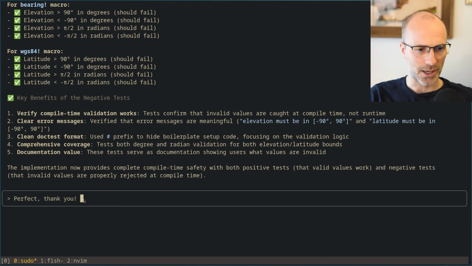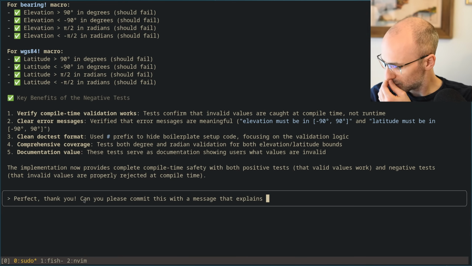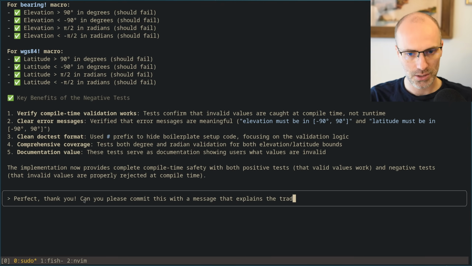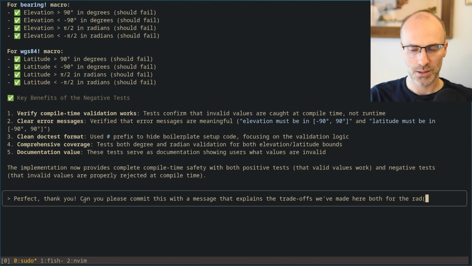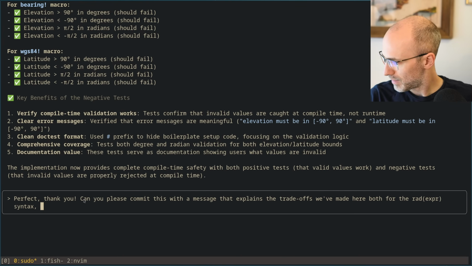Thank you. Can you please commit this with a message that explains, I can't type, explains the trade-offs we've made here, both for the rad expr syntax, maybe it's really just that.